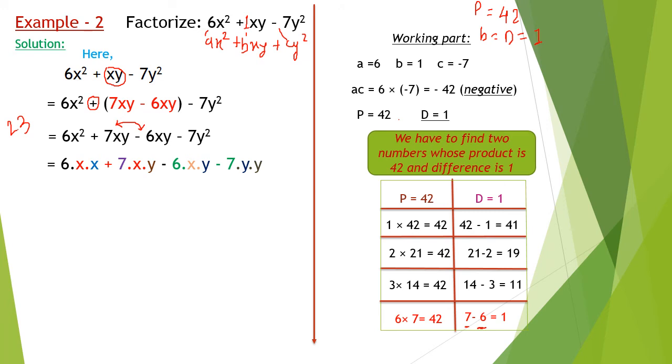7 is a prime number and 6 is an even number, so there is no common factor between these two numbers, so we don't have to factorize 6. And here also we don't factorize 6 because there is no common factor between 6 and 7. Now you can see by the color, this x with red color and this x with red color is common from first two. Now we have 4 terms, so we have to take common from first two terms and from last two terms also. Now you can see x is taken as common and y is taken as common from